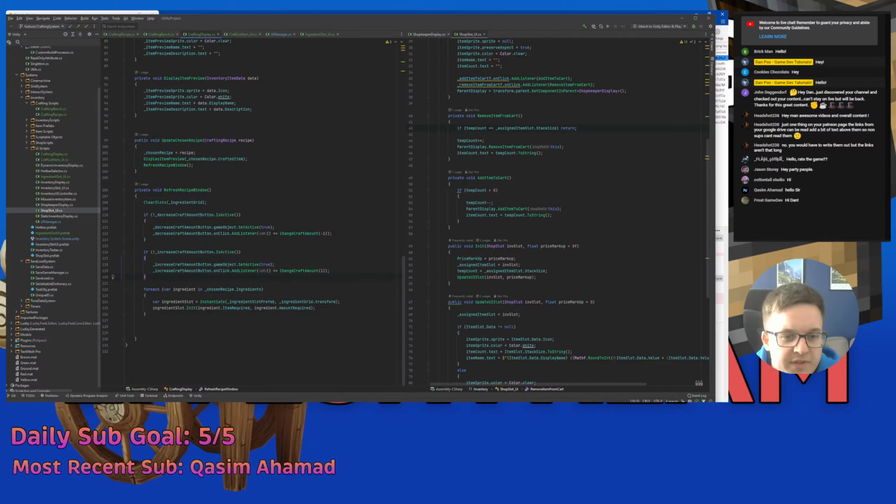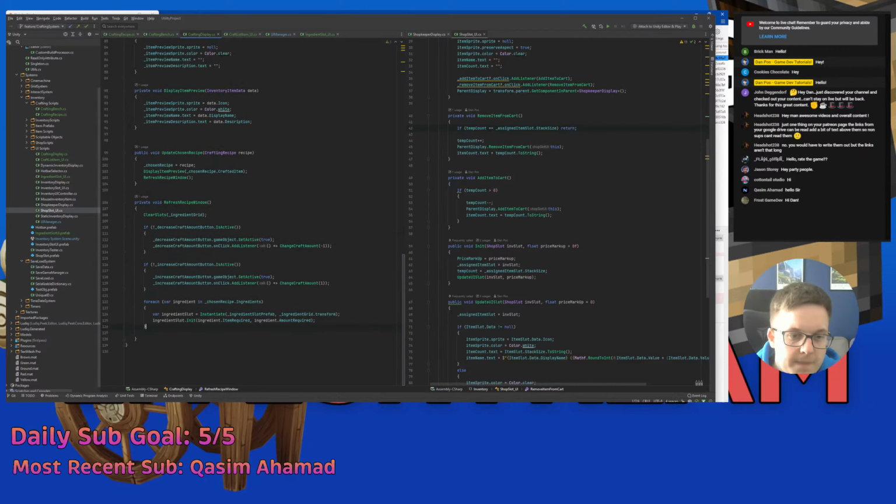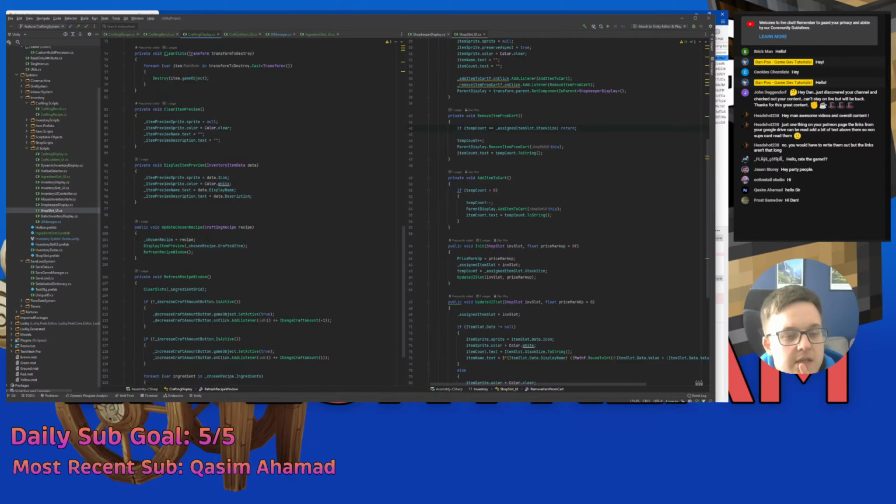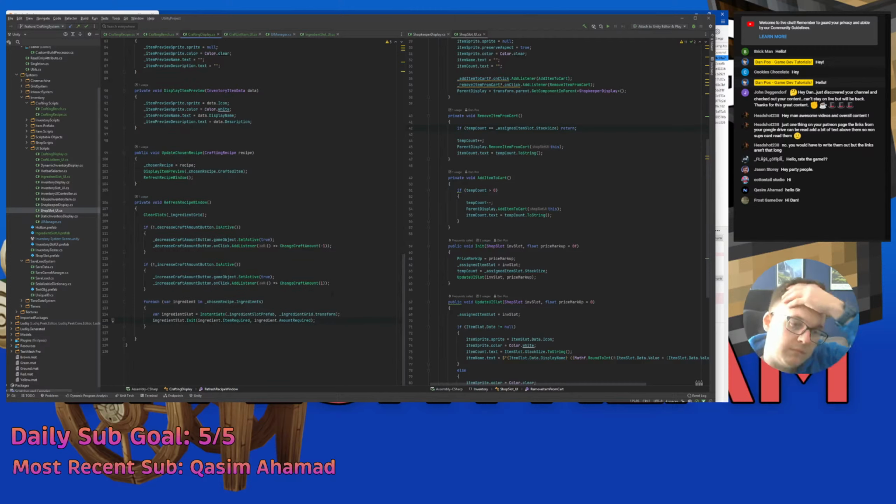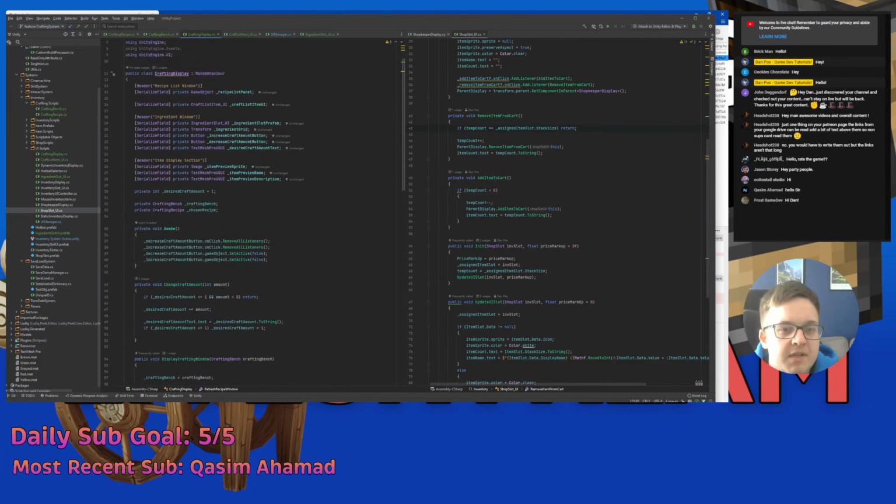Then we will spawn in the ingredient slots. So when we change our craft amount, that's doing that. So then we need I'm going to need to keep a list of these slots so then we can change the amount that's displayed of the amount required. Because we're going to have to times that by the desired amount. So let's make a